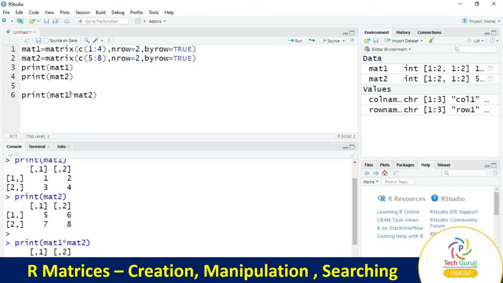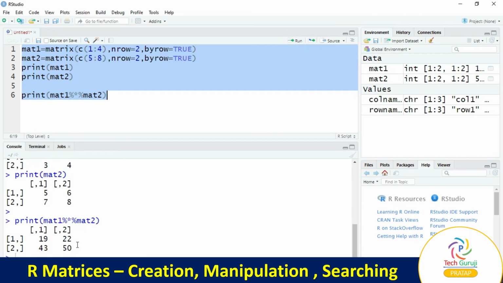In that case we modify the code by using percentage marks. It is a special symbol used for matrix multiplication. Select all 4 lines and click on run. It will display the matrix multiplication.